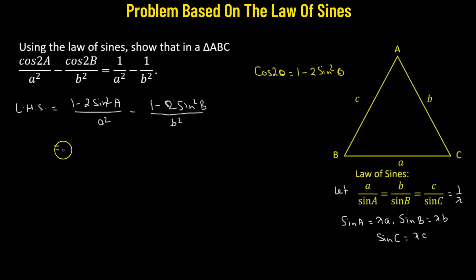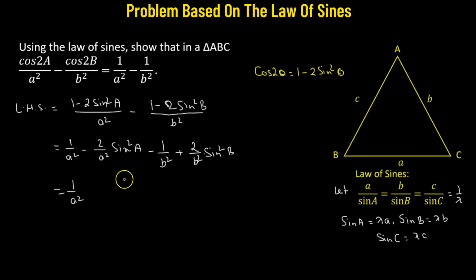That will be equal to 1 over a squared minus 2 over a squared times sine squared A, minus 1 over b squared. So we have a negative sign here, so negative of negative will become positive. We have 2 over b squared multiplied by sine squared B, which will be equal to 1 over a squared. So let's combine it with the third term. We have 1 over a squared minus 1 over b squared,